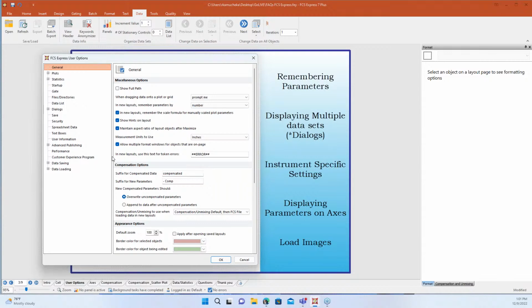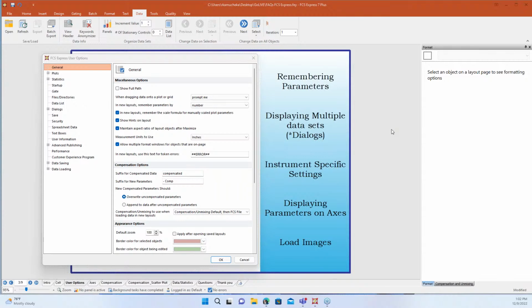So usually this comes up, we don't get a lot of questions where people are asking us, like, how does FCS Express remember parameters? It's always like, I have this layout and I've tried to load some data and now it looks crazy. Or like my axes don't look right and it doesn't load properly. Like, what does that mean?